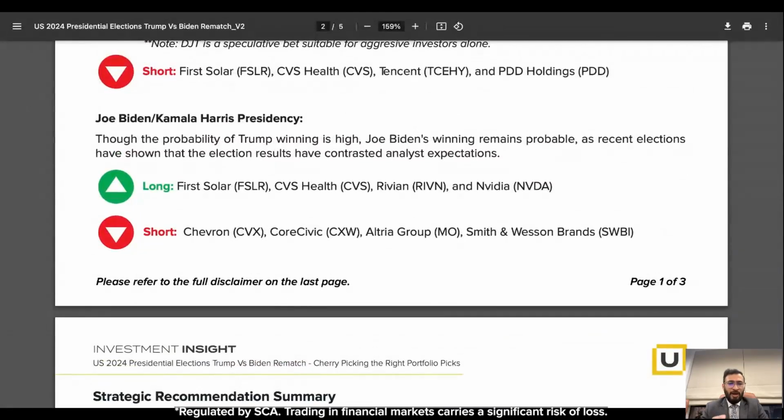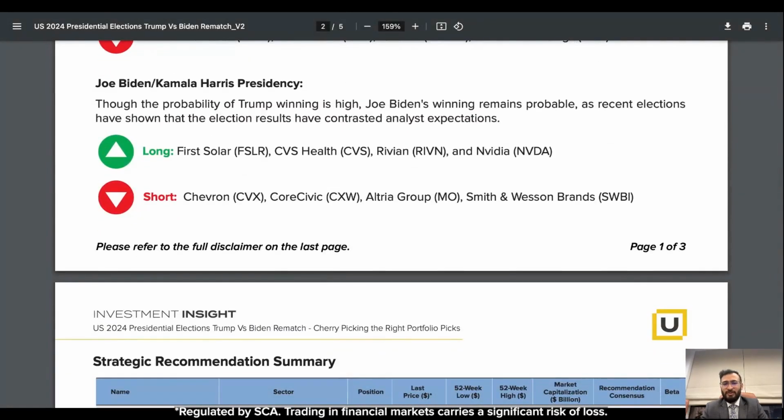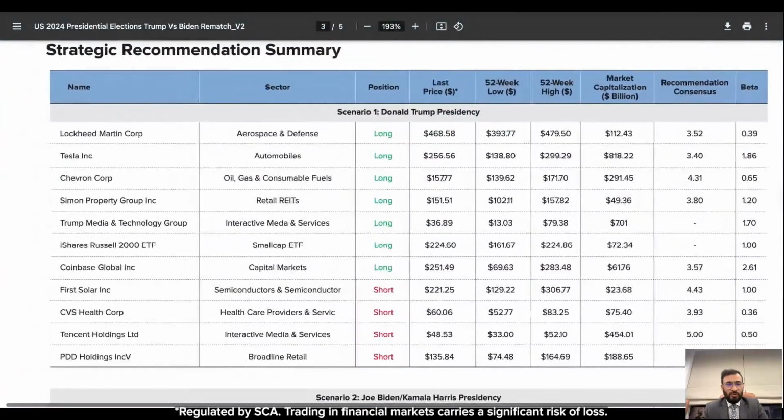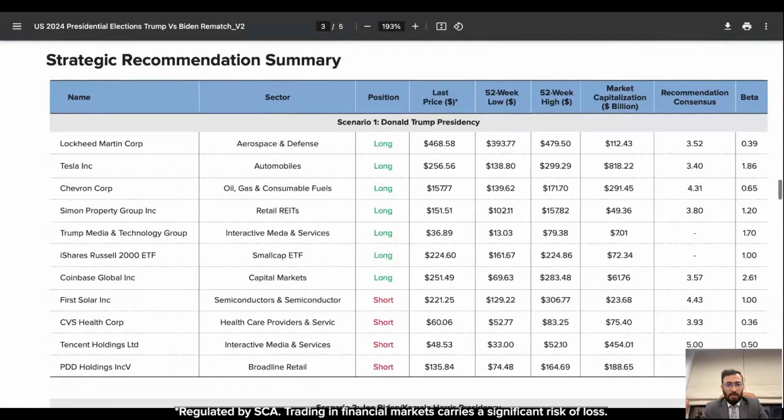Similarly, if Kamala Harris becomes the president, First Solar, CVS, Rivian, Nvidia, these kind of companies are expected to perform well. But Chevron, Altria, all these kind of companies are expected to go down. Now, if I were to look more closely towards this,